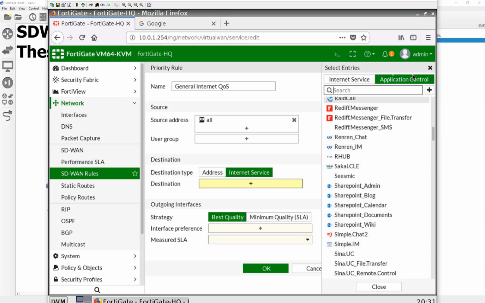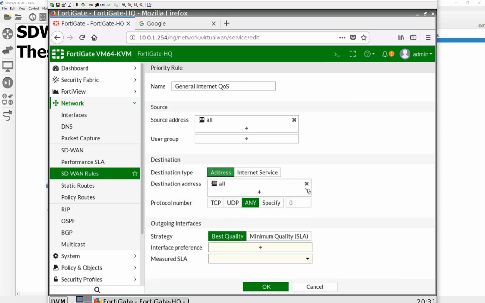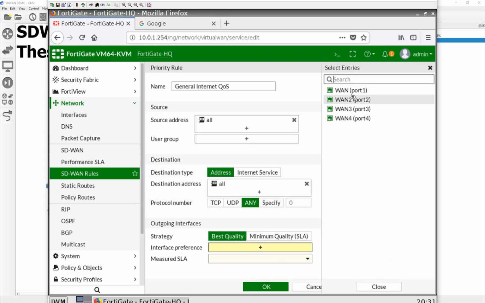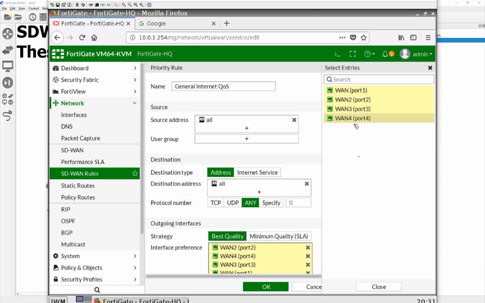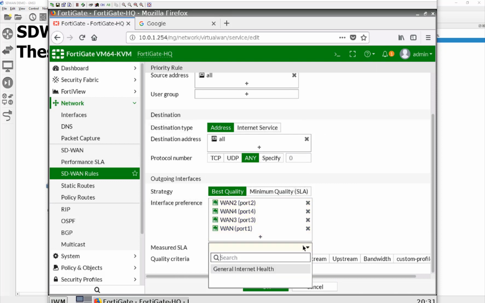The abstraction layer is pretty far away from the end user, meaning we don't have to do much to get some pretty powerful quality control going on. So for right now, I'm just going to say all, and I'm going to use the best quality. And then for that I can say preferred members. Well, we're going to be using all of them. And it looks like it does require us